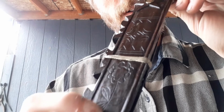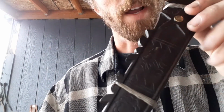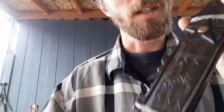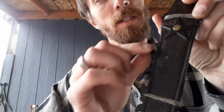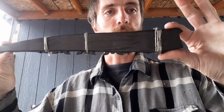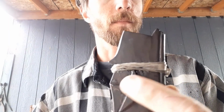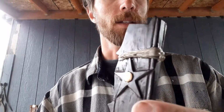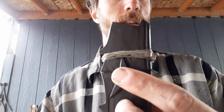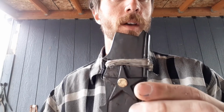This sheath is actually quite beautiful though. There's a little flower down here and this really cool design. These are little hand carved things. They fluted this down the sides here, put these little teeth in it. So from this side it looks kind of like a donkey's jawbone, and from this side you can see it's got that star. This is the piece of copper that I decided to pop in there, because there was something at one time that had been fitted in there with resin, but it's long since been lost,